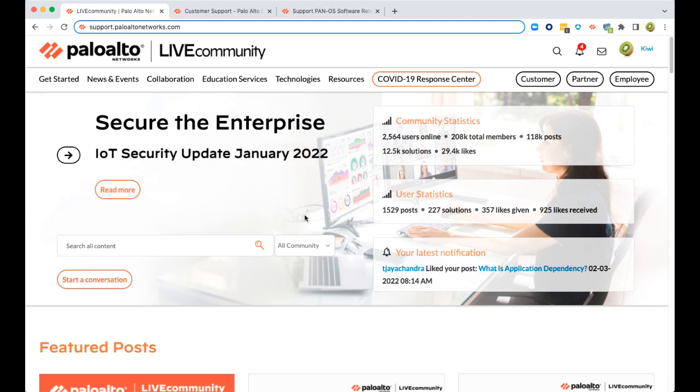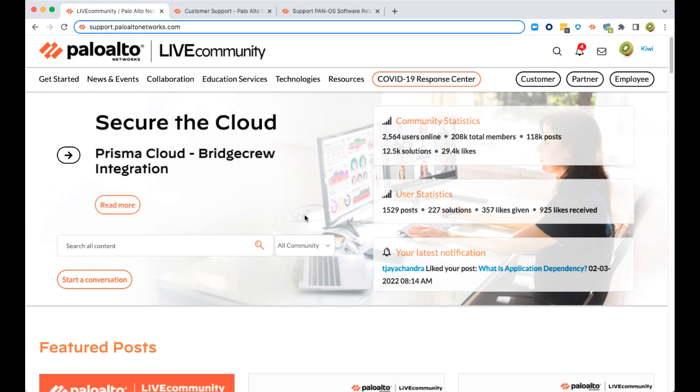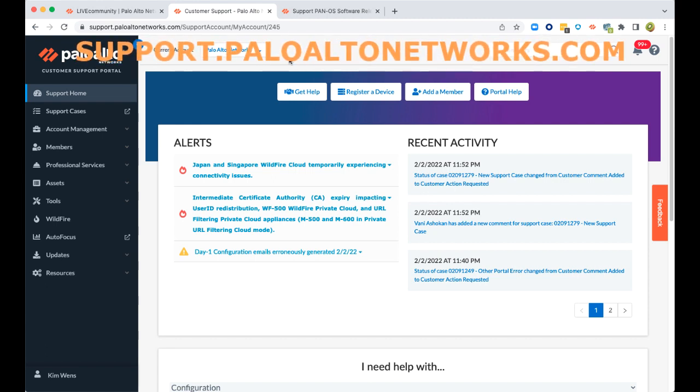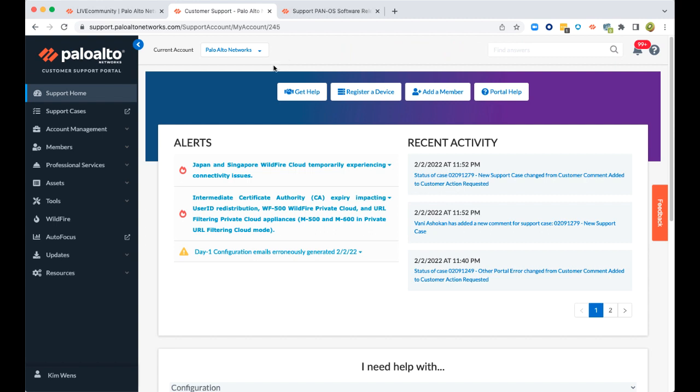So first of all, you'll need the Palo Alto Firewall VM-Series base image. You can find these in the support portal. So you need to log in to the support portal at support.paloaltonetworks.com. And you will find the base images under Updates, Software Updates,